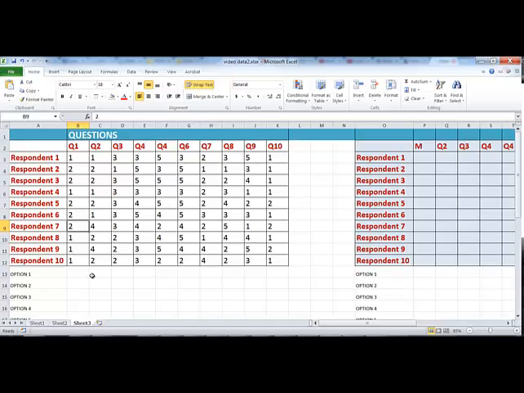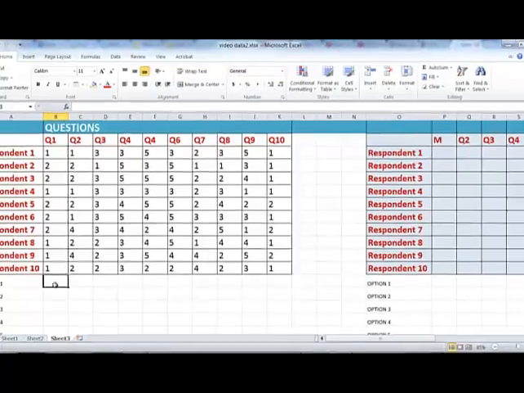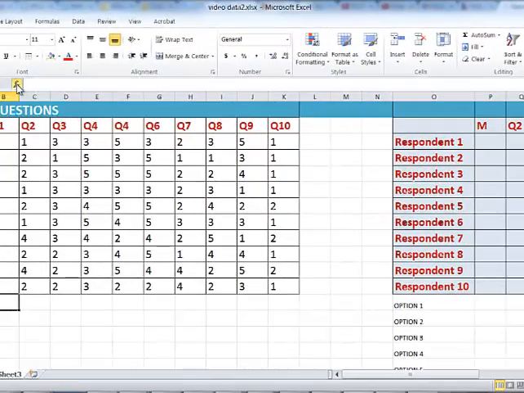Okay, so I'll show you how to put in a formula, and what I'm going to do is make sure there's a formula at the bottom of each column, and you can see here I've got option 1, 2, 3, 4 and 5. So what I'm going to do is get the formula to tell me how many times the number 1 appears, how many times the number 2 appears. So I'll just show you one way to get a formula. So I'm going to highlight this box because this box is where I want the answer to go. So I'm going to click up here on the insert function,